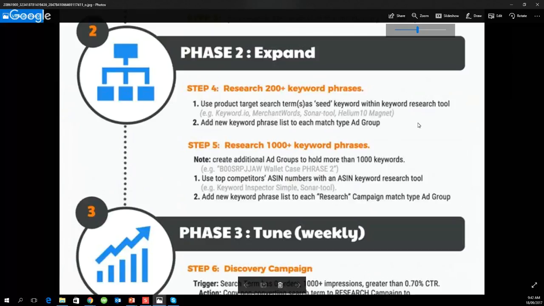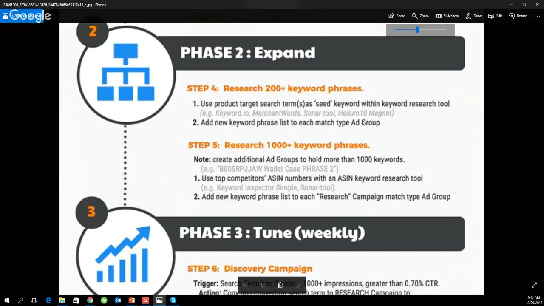So if we're looking at our back scratcher, for example, we may use the seed keyword as stainless steel scratcher, or back scratcher would probably be a better terminology, a better seed word, in order for these keyword tools to show us more variations, like black, back scratcher, stainless, long, short, with handle, without, plastic, wood,